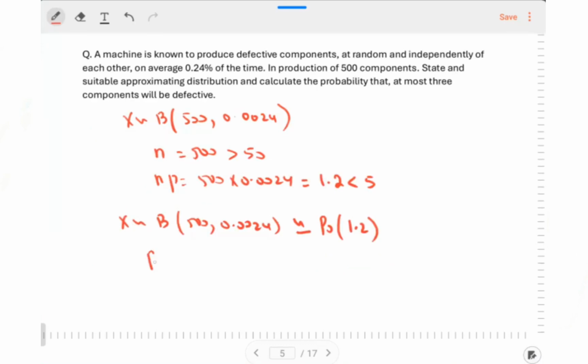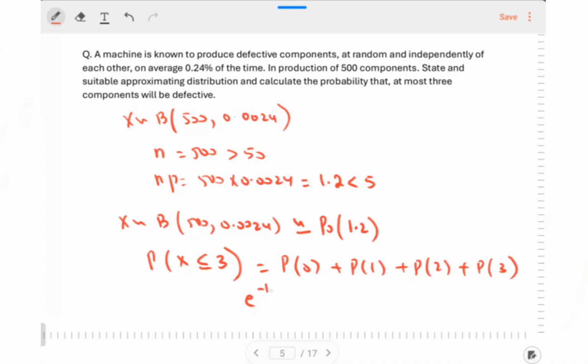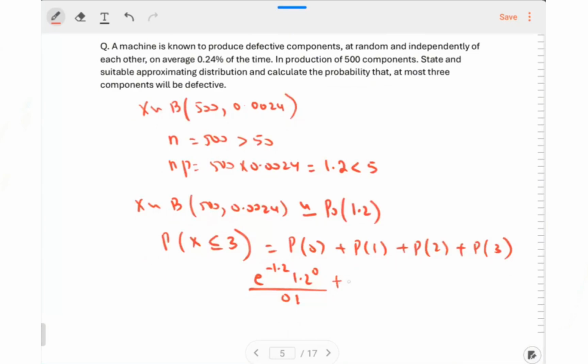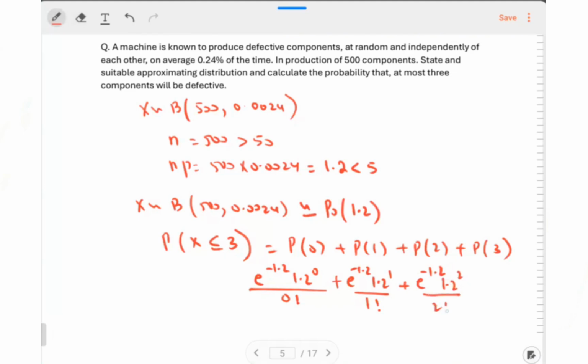तो हम क्या करेंगे, probability of x at most 3, at most 3 का मतलब है ज्यादा से ज्यादा 3, less or equal to 3 का मतलब है probability of 0, 1, 2, 3. e minus 1.2 की पावर 0 अपॉन 0 फैक्टोरियल प्लस e minus 1.2 की पावर 1 अपॉन 1 फैक्टोरियल, e minus 1.2 की पावर स्क्वायर अपॉन 2 फैक्टोरियल, e minus 1.2 की पावर क्यूब अपॉन 3 फैक्टोरियल। फाइनल आंसर बता रहे कोई? 0.966।